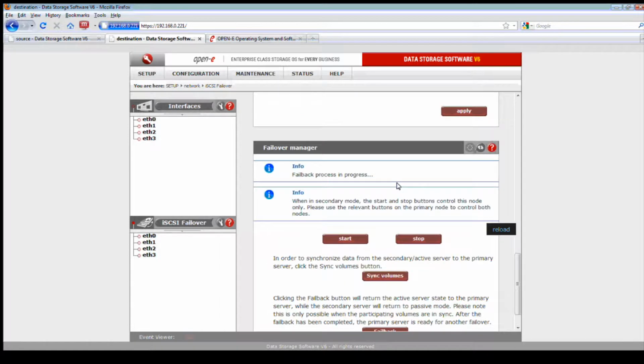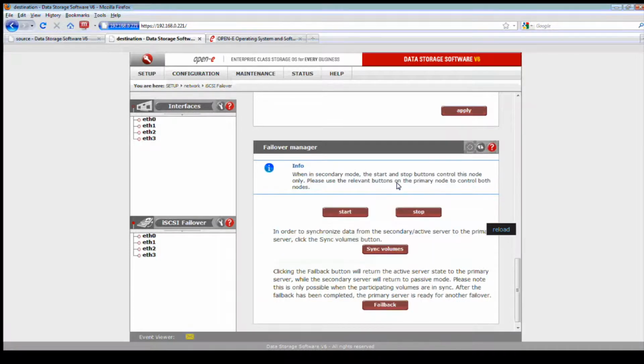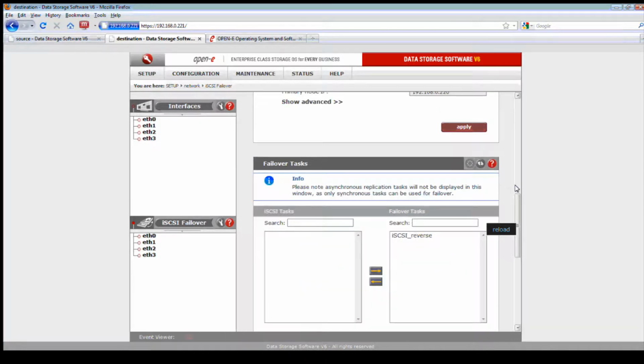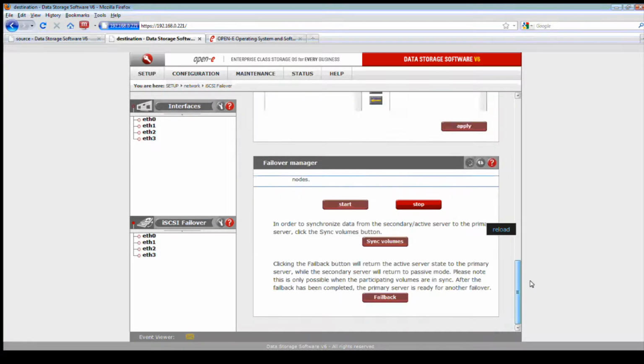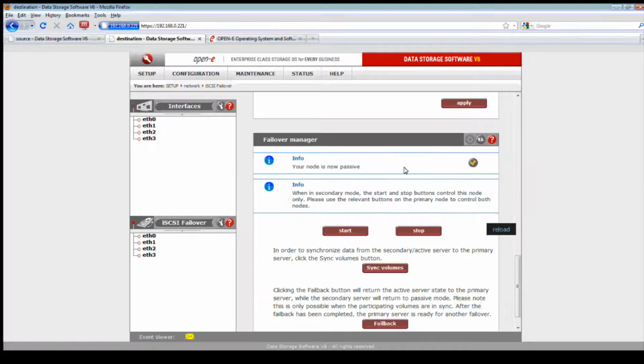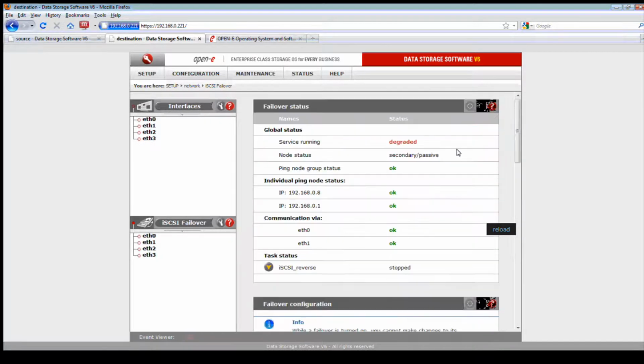So give this a second, and what it's going to do is state it's secondary, and it will be passive. If we go to the source, or the original primary system, give it a second.